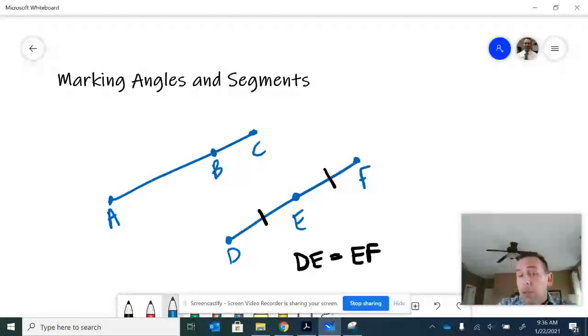What if they look to be similar but were not? I'll give you an example of that. If I had something in the middle, but let's say one segment